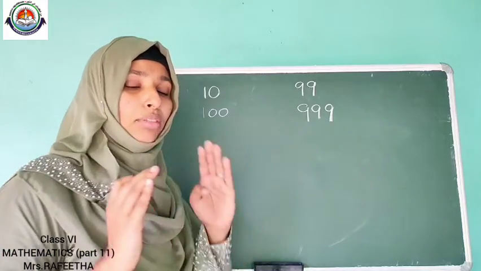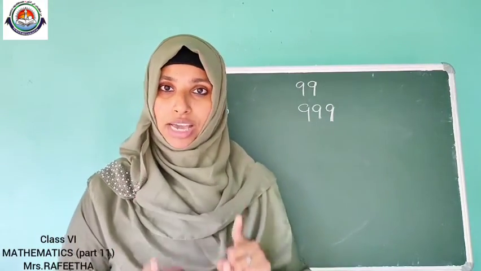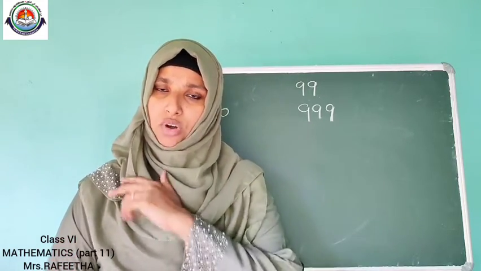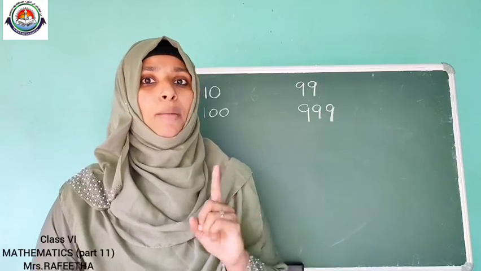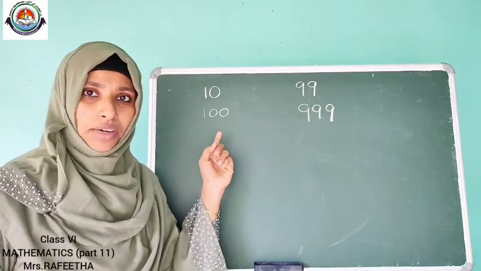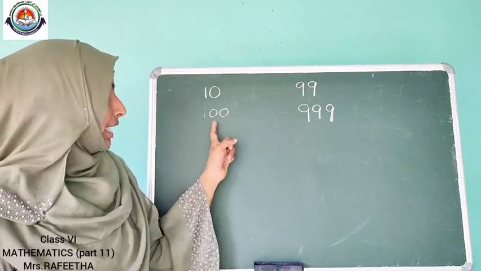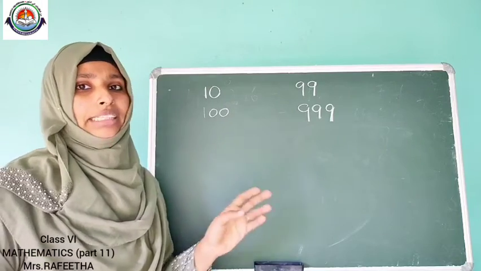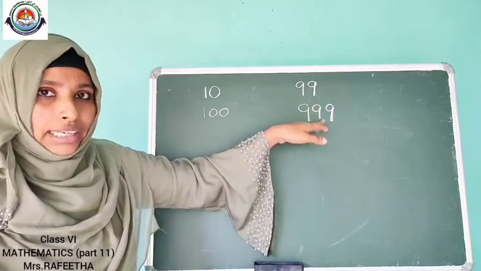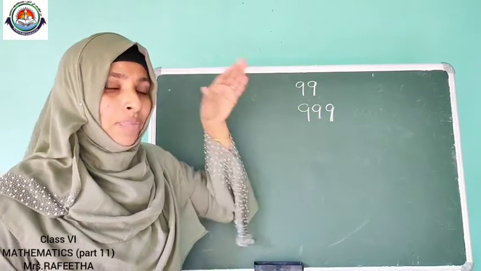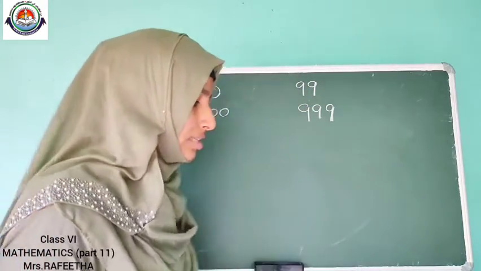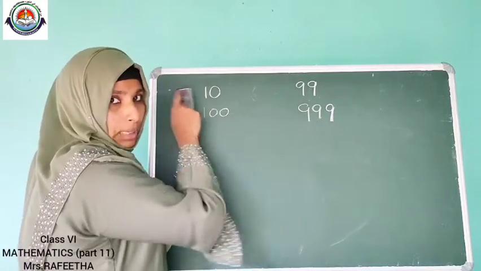So every time, think that if they are asking for the smallest 3, 4, 5-digit number, it will be a power of 10. That is 10, 100, 1000, these are all the powers of 10, right? And like that, 99, 999, 9999, 99,999 will be the largest digit numbers. Okay, so here what is the question? You want to keep this in mind.